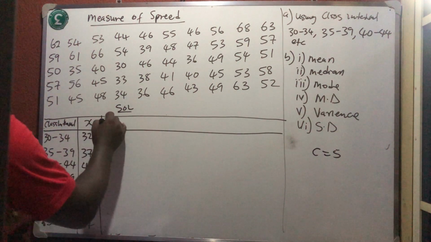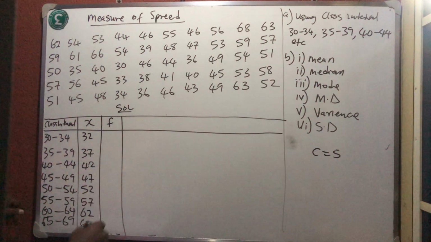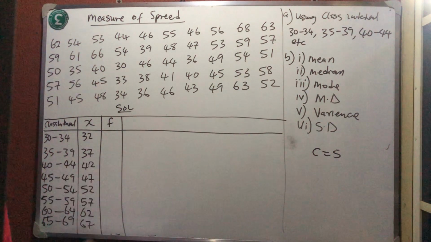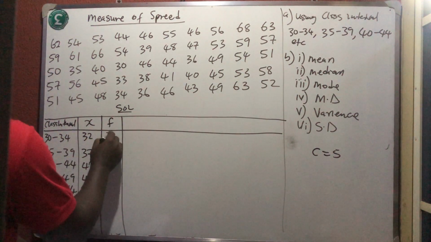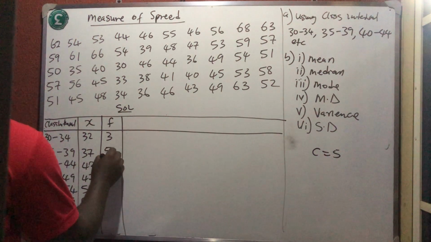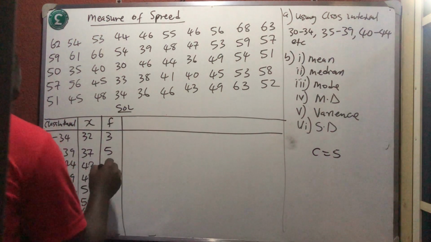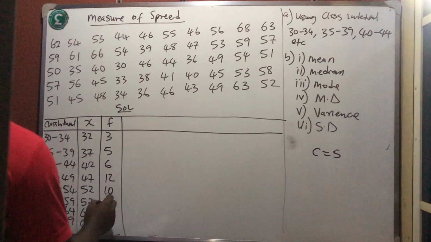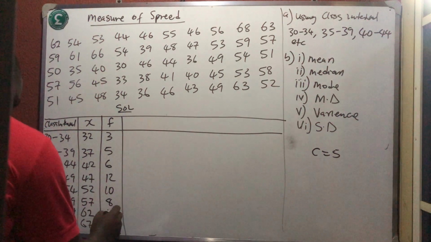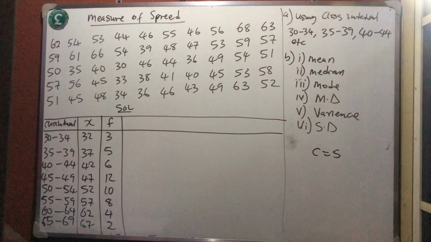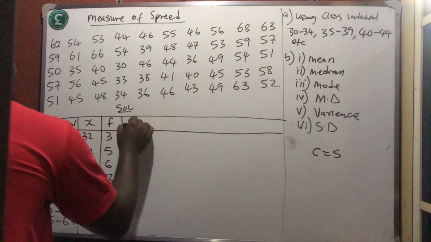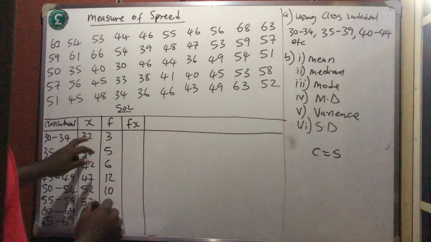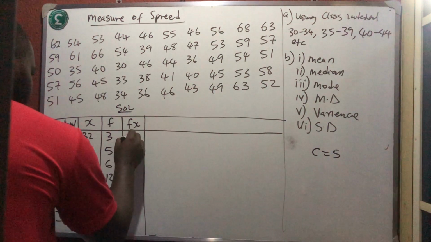So the next thing I'm looking for is the frequency. For the frequency, you start counting from 30 to 34. Count the 30 and 34 you will have here. So you will see that they are 3 in number, 5 in number, 6 in number, 12 in number, 10 in number, 8 in number, 4 in number, and finally 2 in number. So the next thing I need to get is my f of x. That is for my mean. This one is helping me to get my mean. So my f of x is this times this, which is giving me